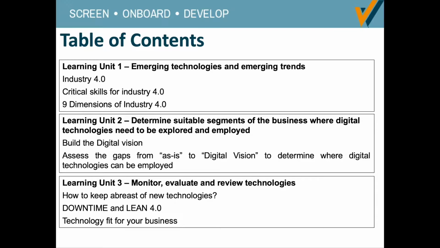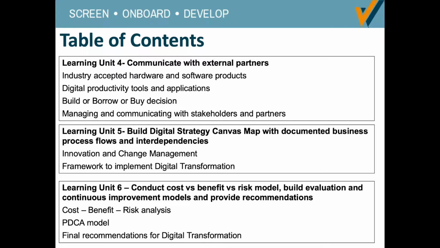And then we'll also talk about how to stay updated in the technologies, how to keep your business lean, right? And then we will look at the ideal fit for your business. Once you've already decided on the technology fit for the company, you need to think about what are the right products you need to procure for your company. And you need to have a certain protocol, a methodology to work with the external partners or the vendors or all the stakeholders to be able to implement the right technology for your business or for yourself.